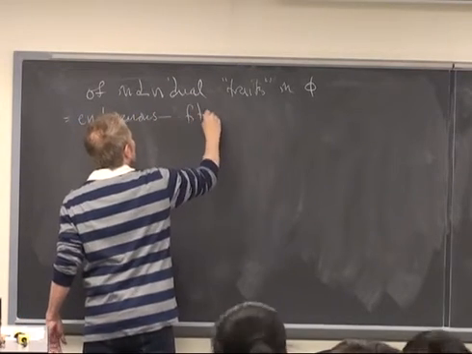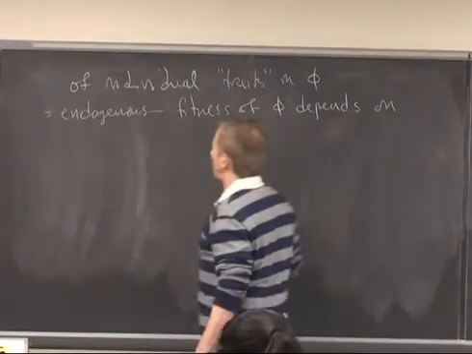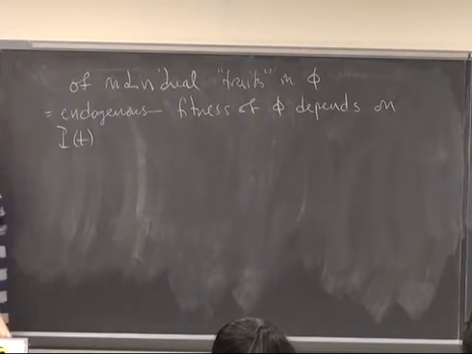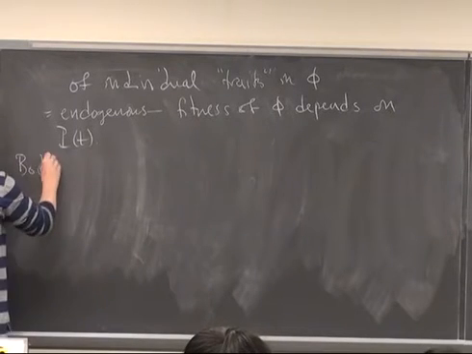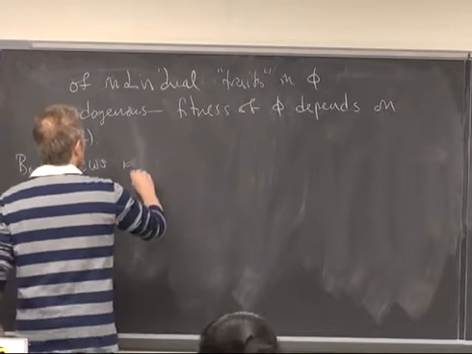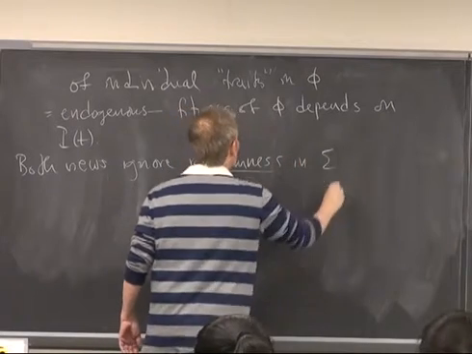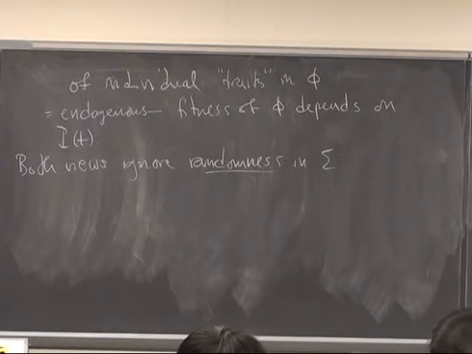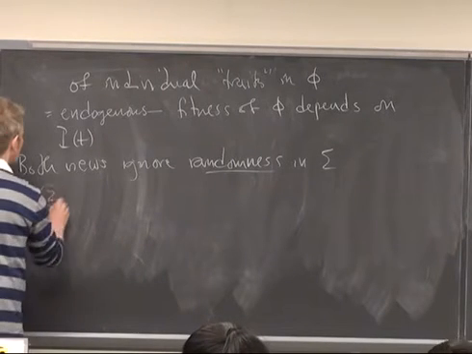In other words, the fitness of phi depends on the population at time t and not just on phi of p. Okay? But still, both of these ways of looking at sigma get rid of the randomness, so both views ignore the random effects in sigma. One of them is a little more sophisticated than the other, but they're still not realistic at all. All right. Second one is the one I called gene selectionism.